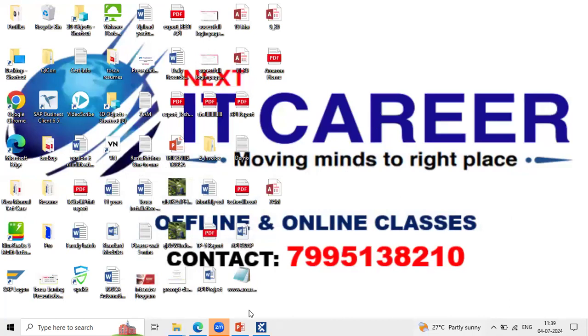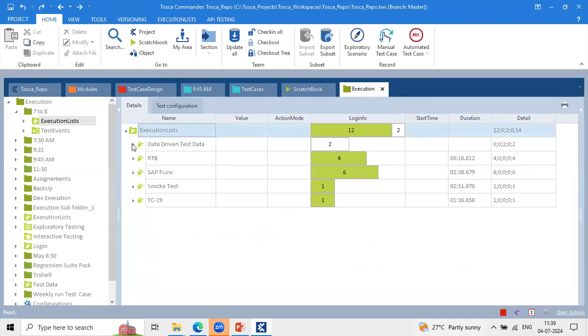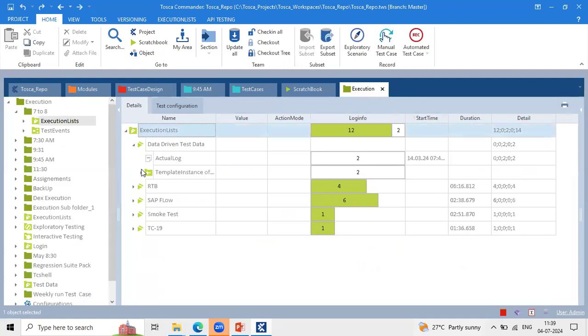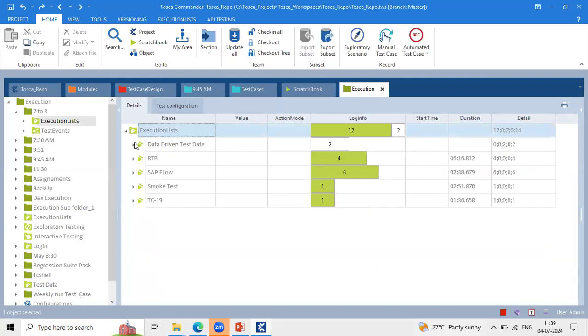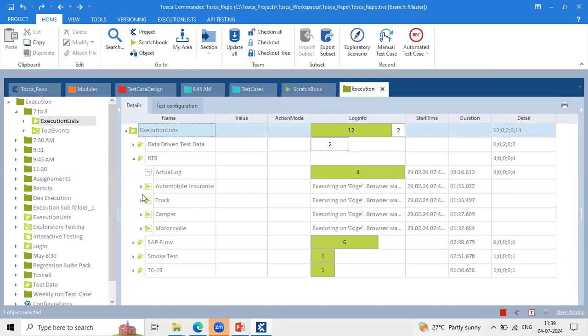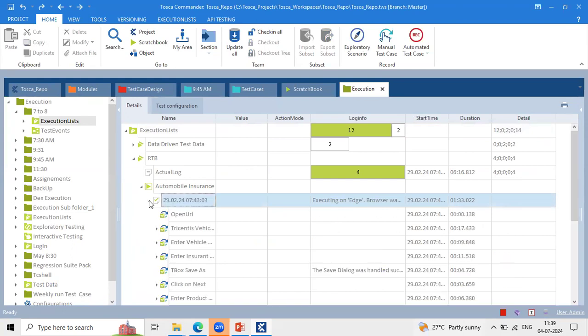And how will it store the day-to-day test results? At the execution level, however many times you executed a particular test case, it directly captures the log info for that. Let me show you here itself. Are you able to see the log data here? It shows which date it was executed and what time on that particular day.